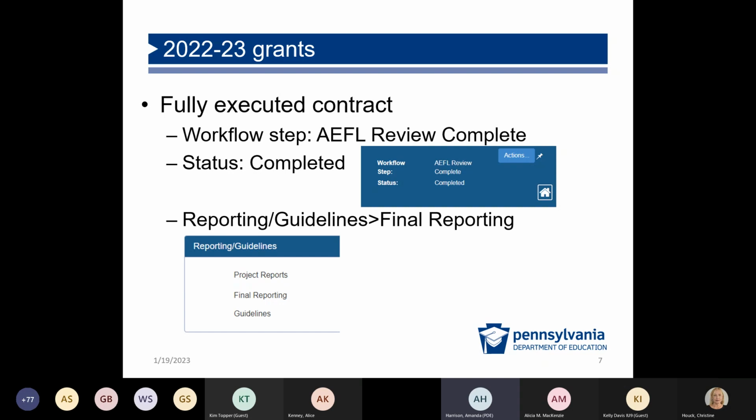And some of the family literacy ones say substantially approved. The adult education ones, as long as they've moved past me, say approved. That is just something that's in the system. Some larger institutions like to know if something's substantially approved or not, because they feel comfortable beginning to expend funds when it says substantially approved.